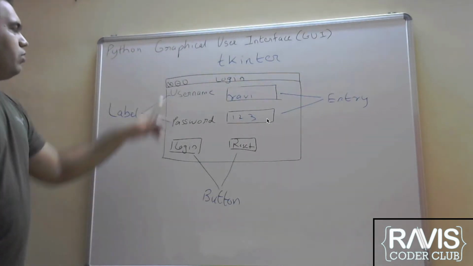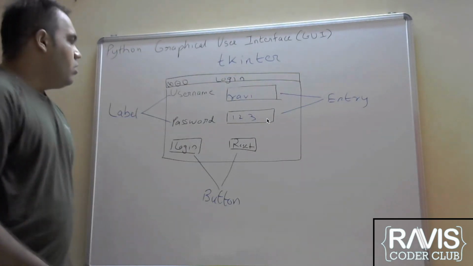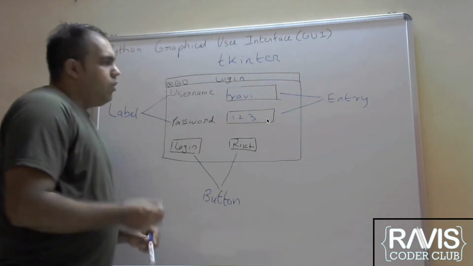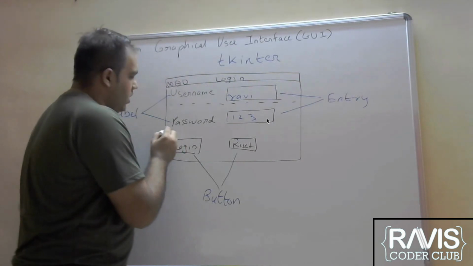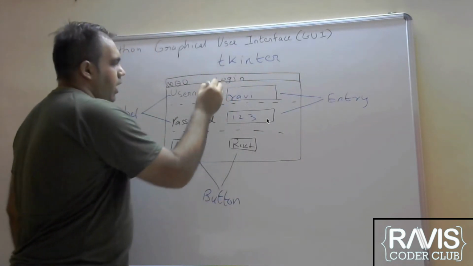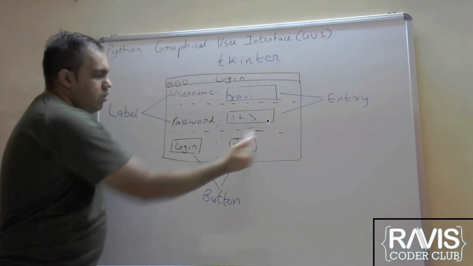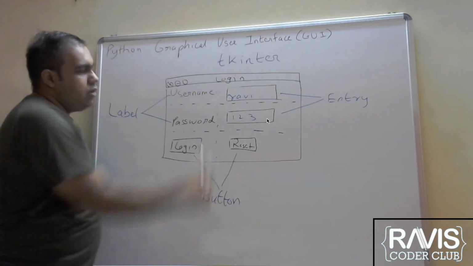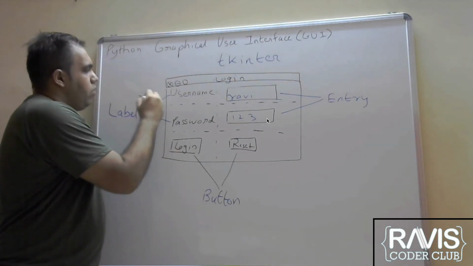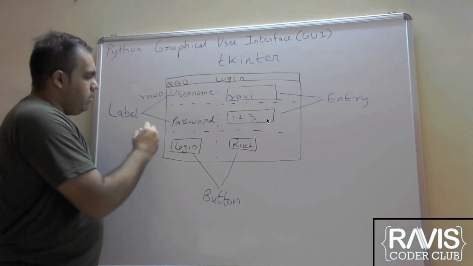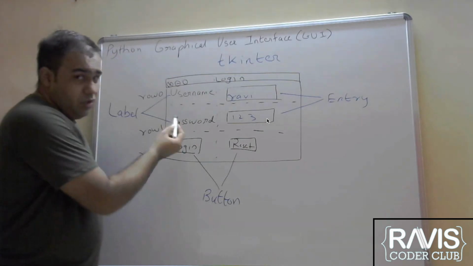So here we are using labels, buttons and everything, and things are arranged on the window in a particular manner. So let's see how they are arranged. If you look at the window, there are actually, I'm just making dotted lines for representation, okay, rows and columns. So this is a row, this is another row, this is also another row, and there are two columns basically. That is how I have laid out here, okay. We can call this row 0, this is row 1, and the very last thing is row 2. Numbers are starting from 0, so remember that.